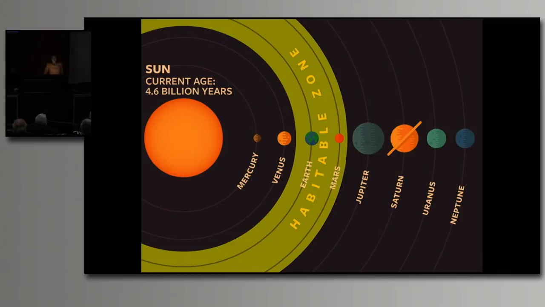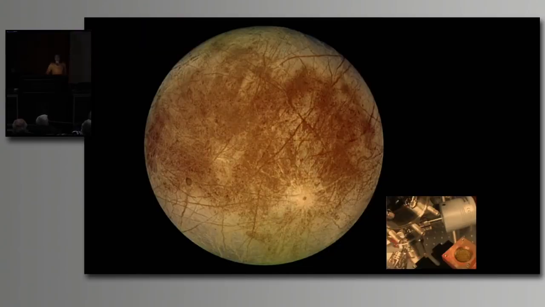But liquid water can exist in Europa because it is very close to Jupiter, and its enormous gravity produces tidal forces inside Europa that are a source of energy. These tidal forces are similar to those created by the Moon on Earth's ocean that are responsible for the ocean tides. So these tides in Europa are much stronger because Jupiter is very massive, and they're so strong that they can cause geological activity similar to that of the tectonic plates on Earth. And this creates these cracks in the icy surface of Europa.